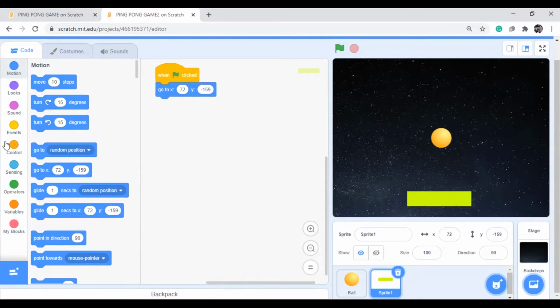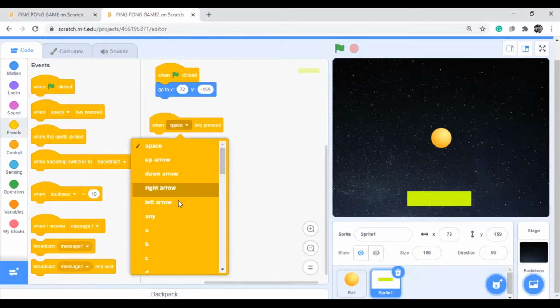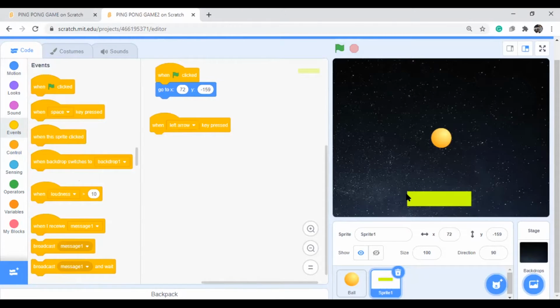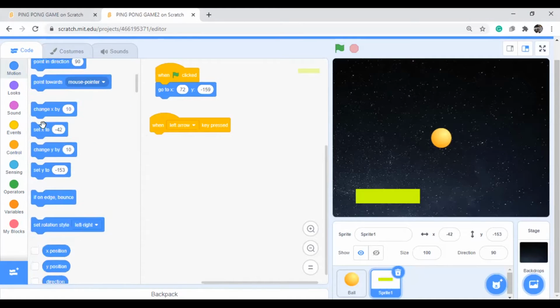The pedal programming is very easy. We need to control it. When we press the left arrow, we need to move to the left side. If you press the right arrow, you need to move to the right side. So you can use change x by minus 50.